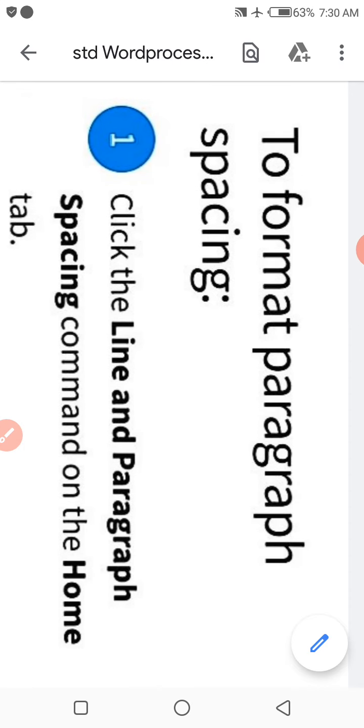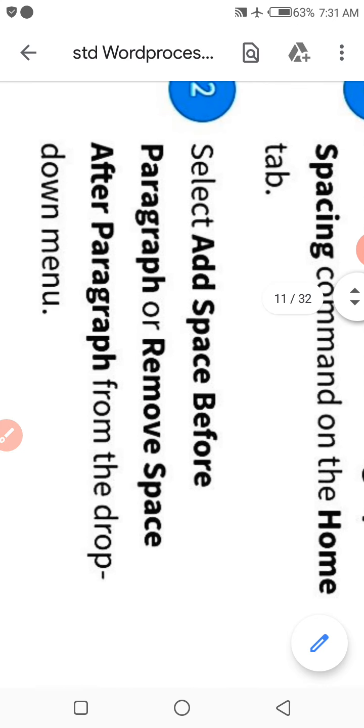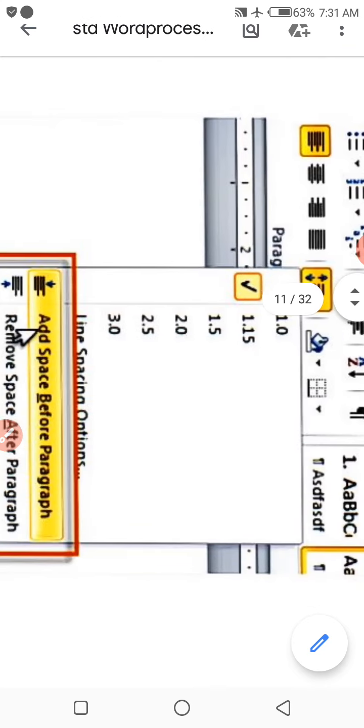The following steps are to be followed for paragraph spacing. Step 1. Click the line and paragraph spacing command on the Home tab. Step 2. Select Add space before paragraph or remove space after paragraph from the drop down menu.